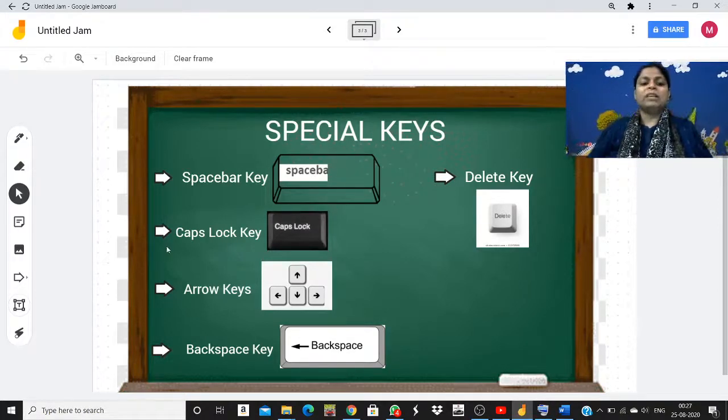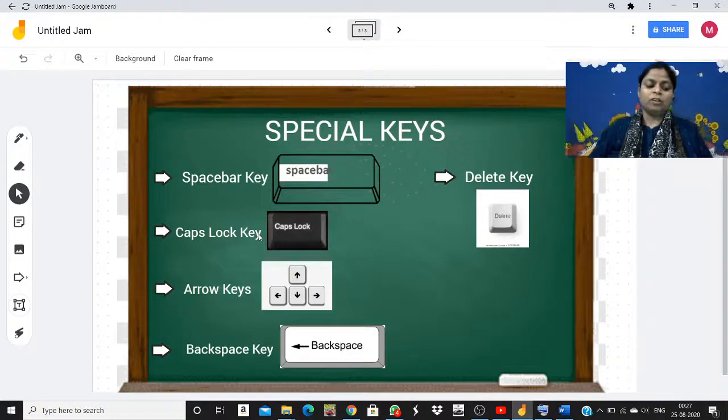Okay, now caps lock key. Caps lock key is also a special key. You will find it at the left corner, in the center of the left, and there you can use the caps lock key. We use caps lock key to type the letters in capital form. Can you see these letters are all in capital because I have pressed the caps lock key. It was on and that is why it is coming.